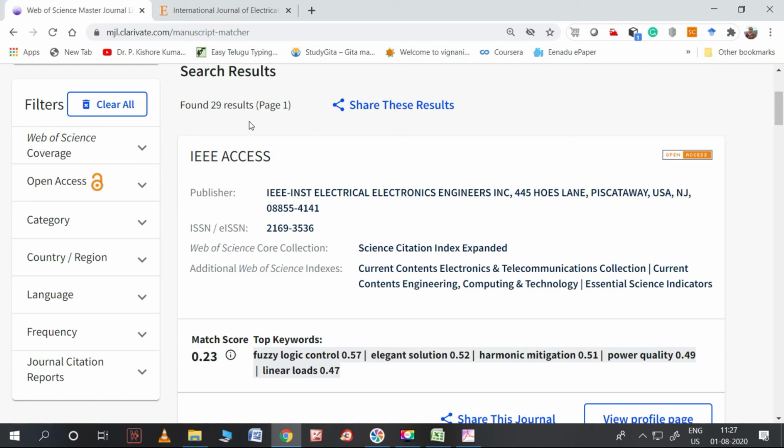as this is not plagiarism software, so it didn't give us plagiarism. If this were plagiarism software, it would have to give 100% plagiarism for my abstract, as that was already published. But it can give us the match. So the match is very less. See, it is only 23% of match if we send to IEEE Access.